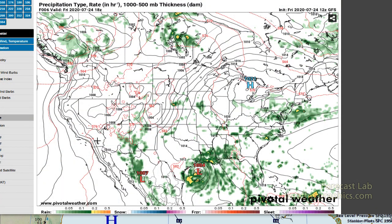So a quick look at what we can expect over the next week. Well, there's the Bermuda High. There's our tropical storm moving inland into Texas. And then we've got this other frontal system in Alberta, which will be moving eastward. So we'll roll that forward,